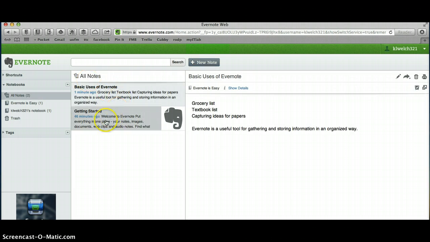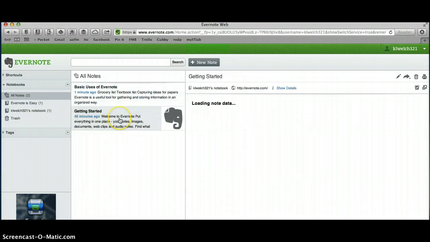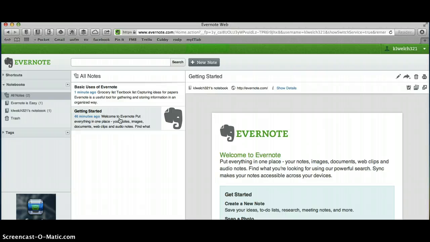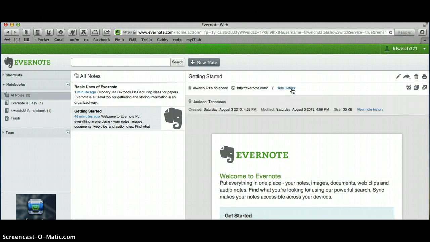Now notice that in all notes, I have two notes: Basic Uses of Evernote and the Getting Started note, which was there when I opened the account. Clicking on the Details shows me very important things about this note, like when it was created and when it was last changed. Choosing the Getting Started note, I can see that it is in my default notebook,